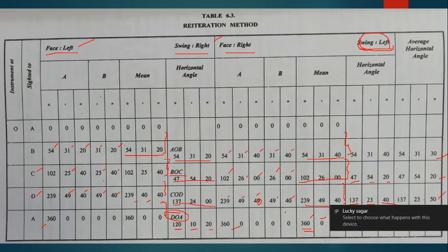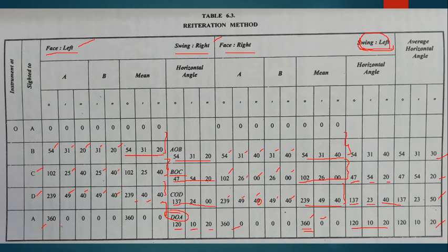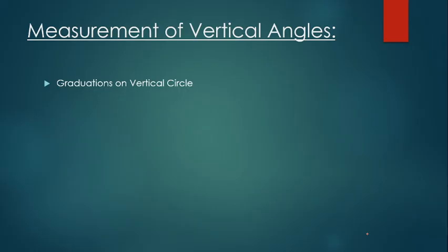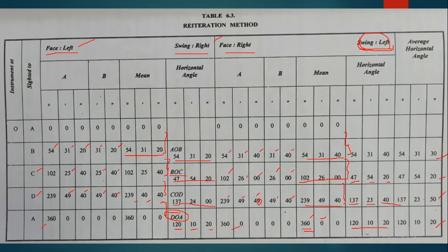But in every case we don't get equal angles. That means every time we may not get the horizon closed exactly on the zero. A little here and there may happen, but the error is distributed equally among all the angles, that is to be remembered. And it should also be remembered that the error should not be very large. If it is so large, then we can discard the entire readings and repeat the same process again with special care this time. So like this you will get the four different required readings.